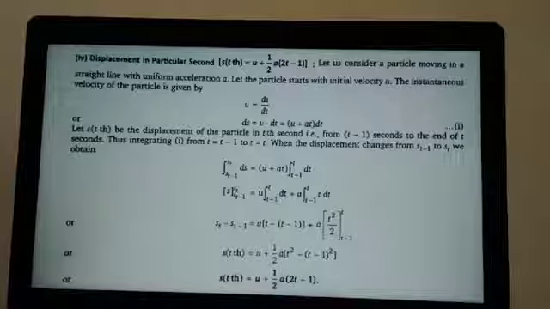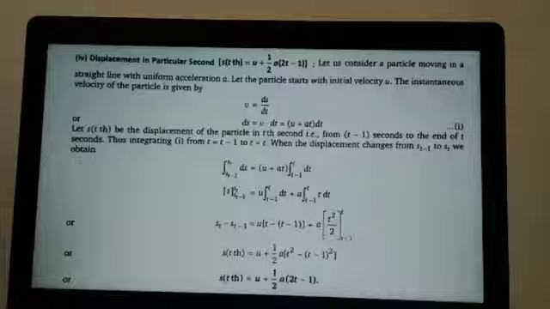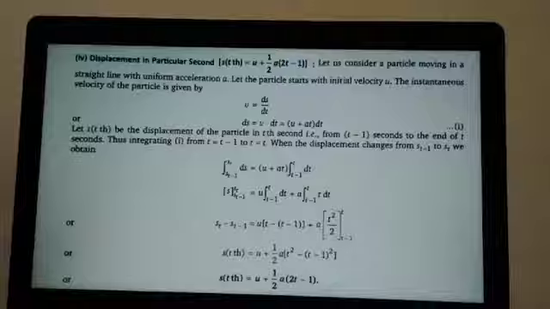So integrating that equation from t minus 1 to t, the limit of integration will become t minus 1 to t. So s is also varying from s in t minus 1 to s in t seconds. Here the initial point is s(t minus 1) and the final point is s(t). And t is varying from t minus 1 to t. So integration is on, there is a slight variation there.